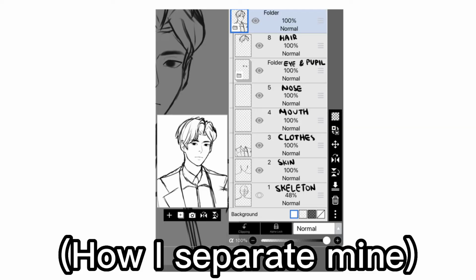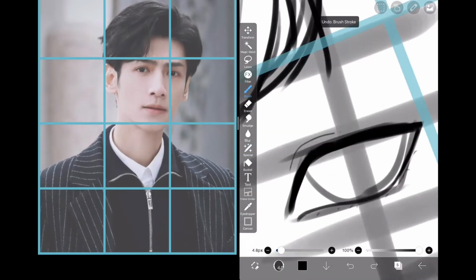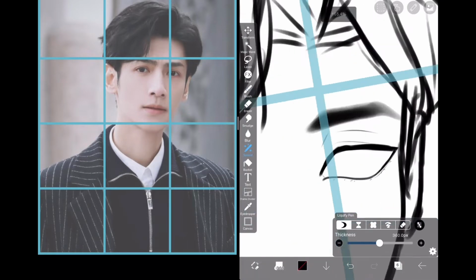For example, the eyes on a different layer, the pupils on a different layer, the hair on a different layer, the head or any skin part showing on a different layer, the clothes on a different layer, so it's easier to paint later. Once you're finished with your sketch, put them all in a folder, and then